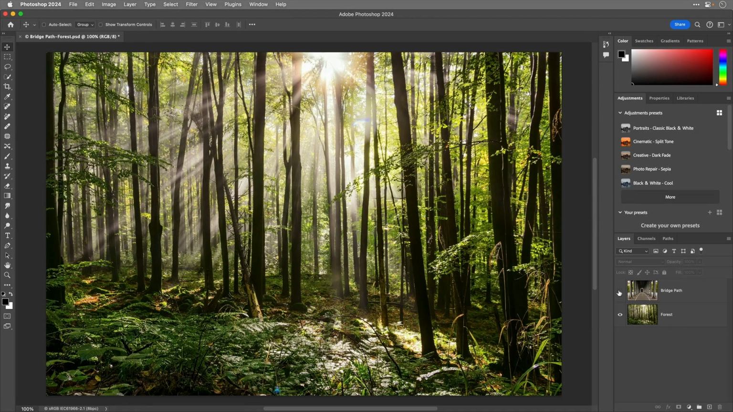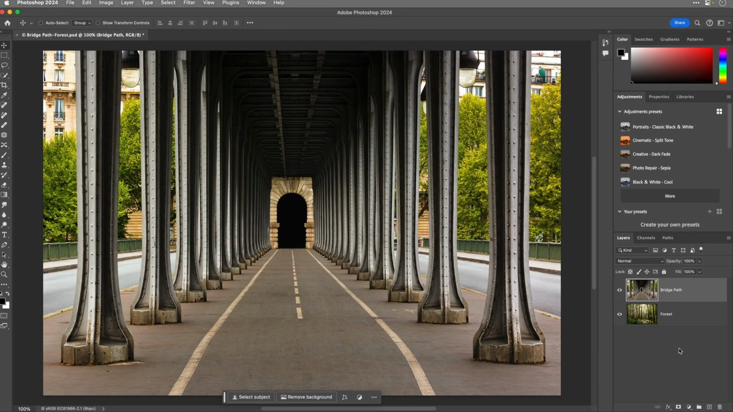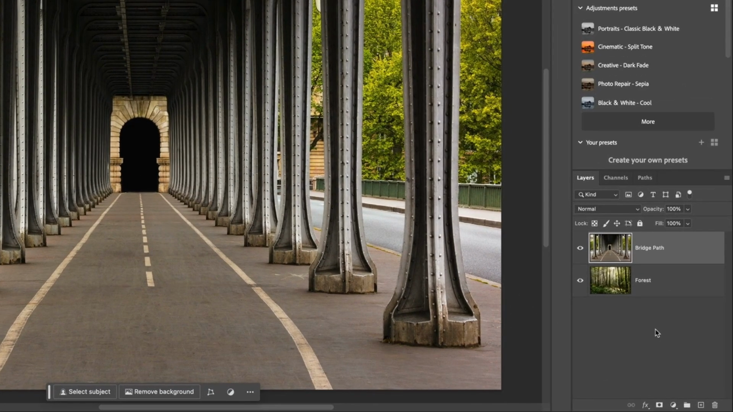I'll click on the bridge path layer, and then down at the bottom of the layers panel, I'll click on the Add Layer Mask icon. You can see a new layer mask thumbnail has been added to the right of the bridge layer thumbnail. The mask thumbnail is totally white, which means it's currently showing the entire image on the top layer. We'll add a gradient to this layer mask to create a smooth transition that will reveal part of the forest